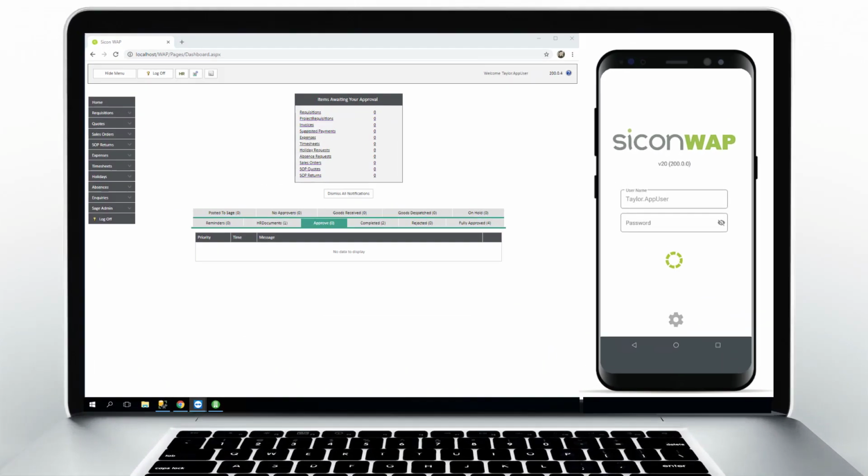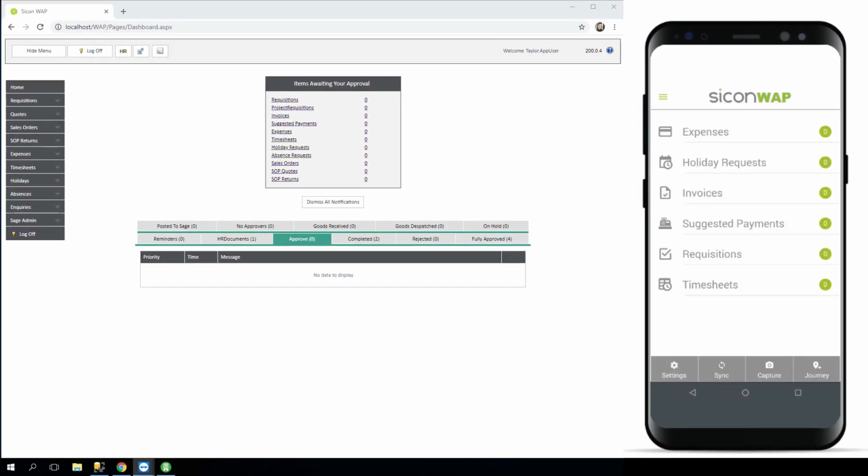Hi, in this video we're going to look at how to enter a requisition using the mobile app. And if you haven't synced recently, you might want to do a sync just to make sure that all your projects, any nominals, etc. have been pulled through. So if you're missing any projects or any nominals when you come to do your document entry, it might require a further sync. I have done a sync recently though, so I'm just going to go straight into entering a